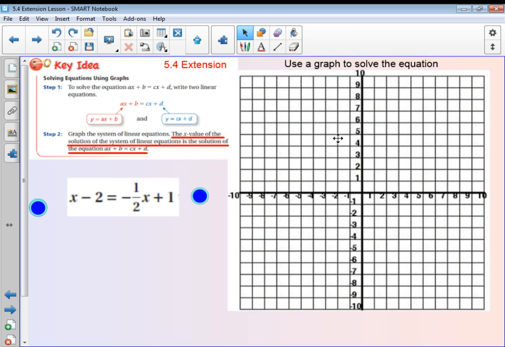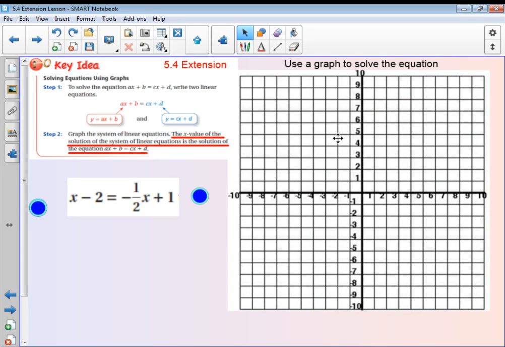Okay, this is an extension activity based on things that we've previously learned. So our key idea in this part of the lesson is to solve equations we're going to use the graph, but I'm also going to go through and show you how to use the equation to solve without using the graph. So to solve the equation ax plus b equals cx plus d, which is our extension equation, we're going